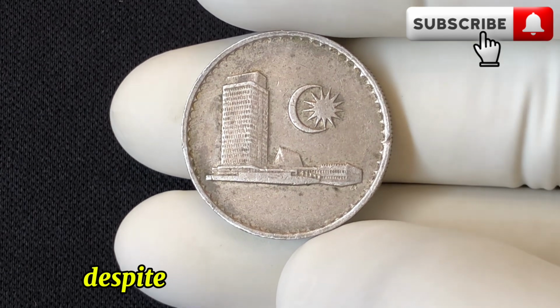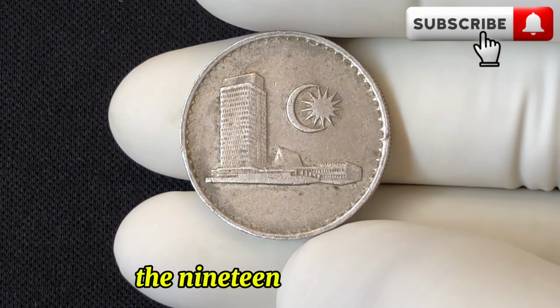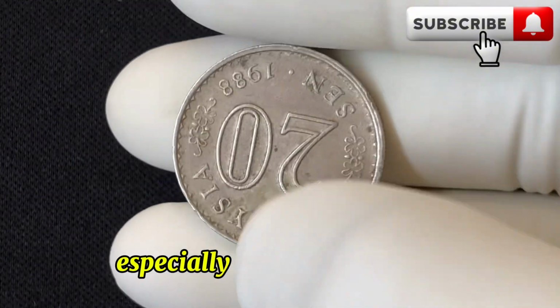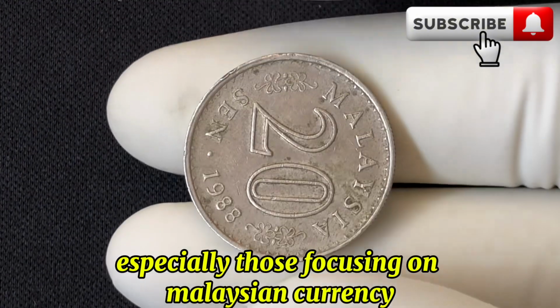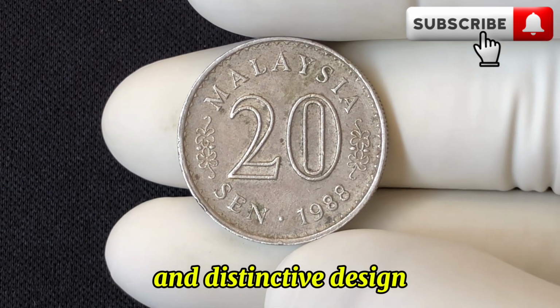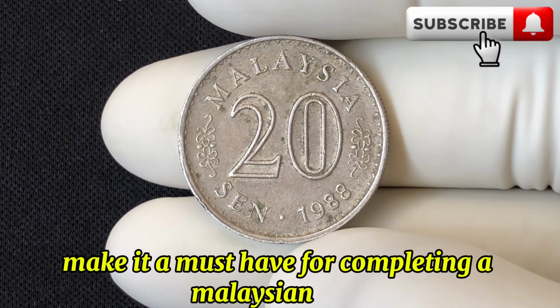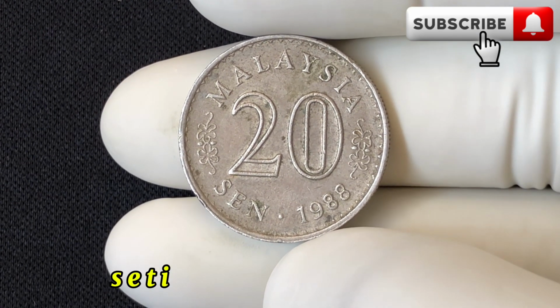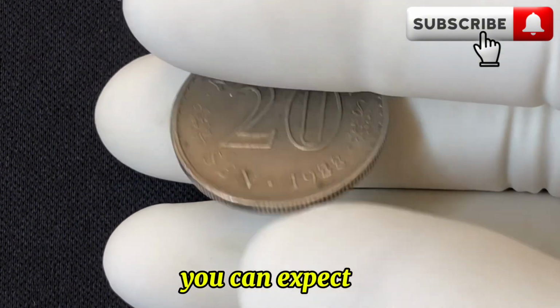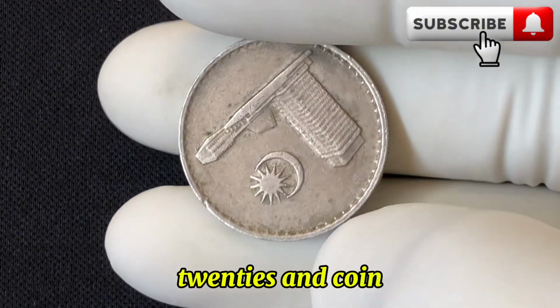its condition. Despite not being particularly rare, the 1988 20-sen coin holds a place of interest for collectors, especially those focusing on Malaysian currency. The coin's historical significance and distinctive design make it a must-have for completing a Malaysian coin set. In terms of market value, as of 2024, you can expect to see the 1988 20-sen coin selling for